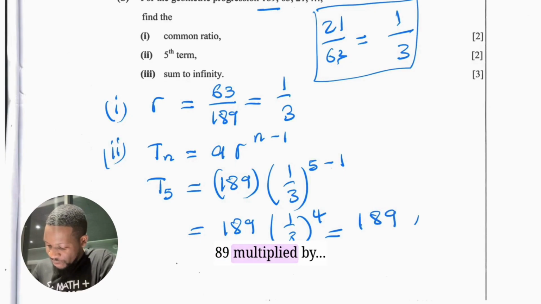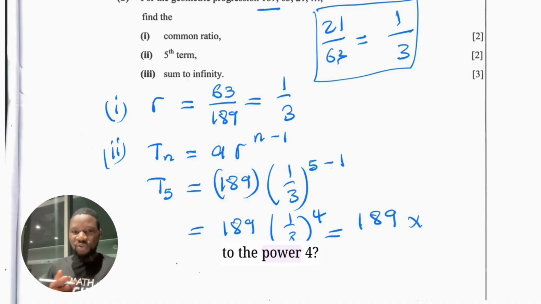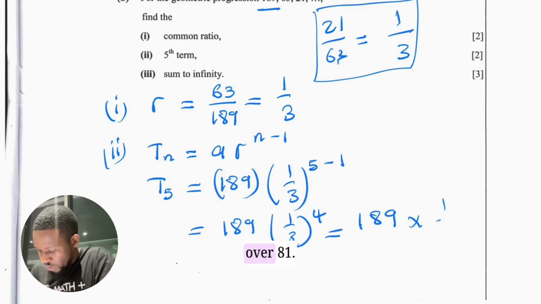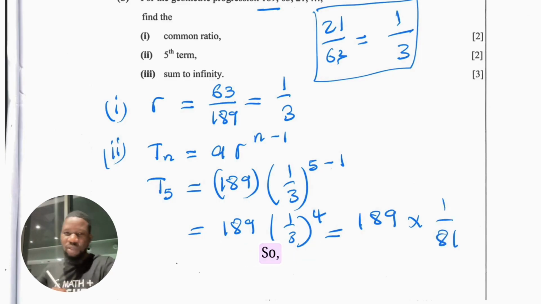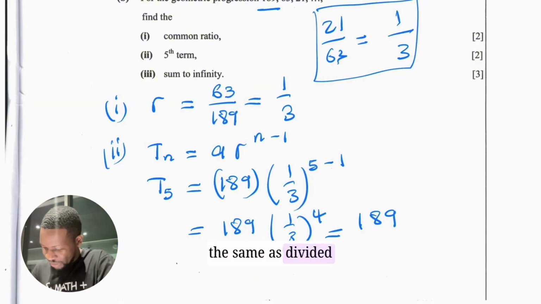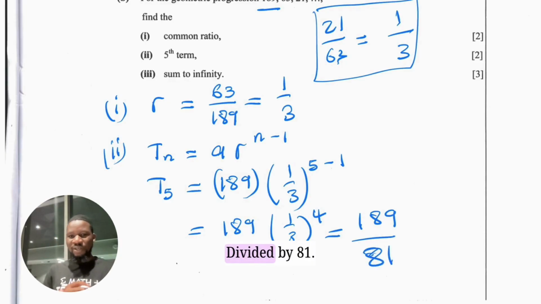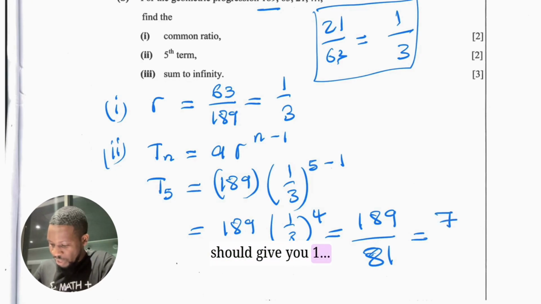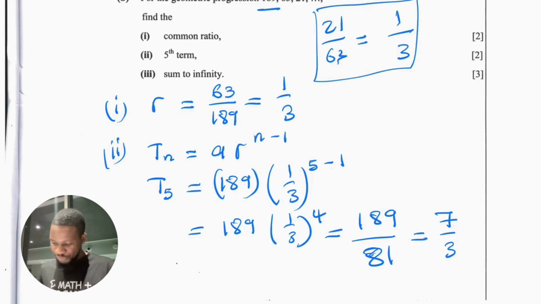189 multiplied by, what is 3 to the power 4? You have 3 multiplied by 3 multiplied by 3, 4 times, it's 81, right? So this is just 1 over 81. Okay, so since 189 is a whole number, this is just the same as divided by 81. Okay, divided by 81. Then we can just go ahead and reduce this, which should give you 7 divided by 3. Okay,